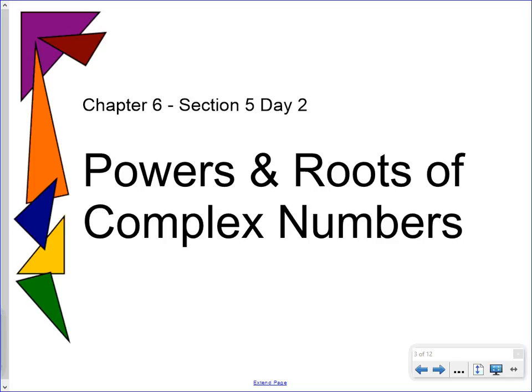But today we're going to look at some other operations, which would be taking powers of complex numbers and taking roots of complex numbers. So I'm going to start off with where we do some powers, sort of like the long way, using our multiplication rule from yesterday. And I'm going to see if you guys can see the pattern, if you could write the rule that I'll give you on the slide after our first slide. Okay, so I'm going to start with